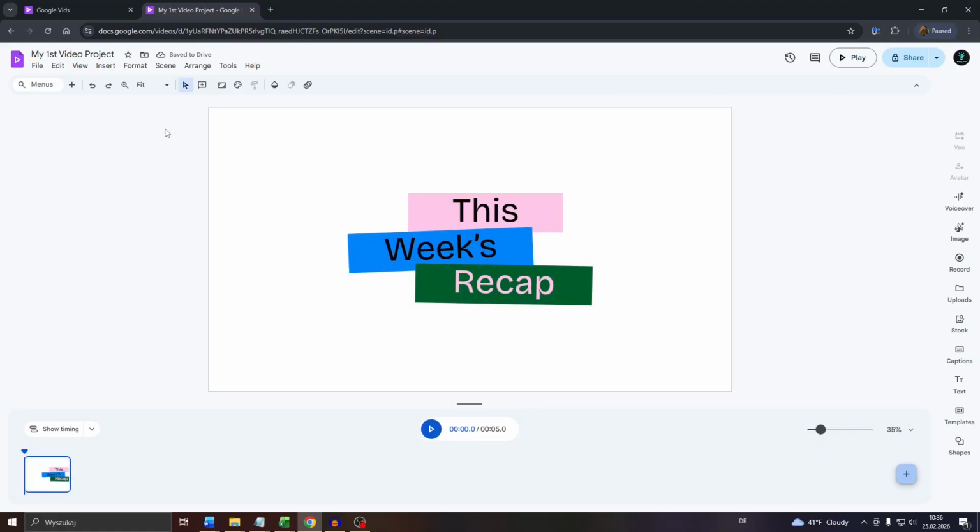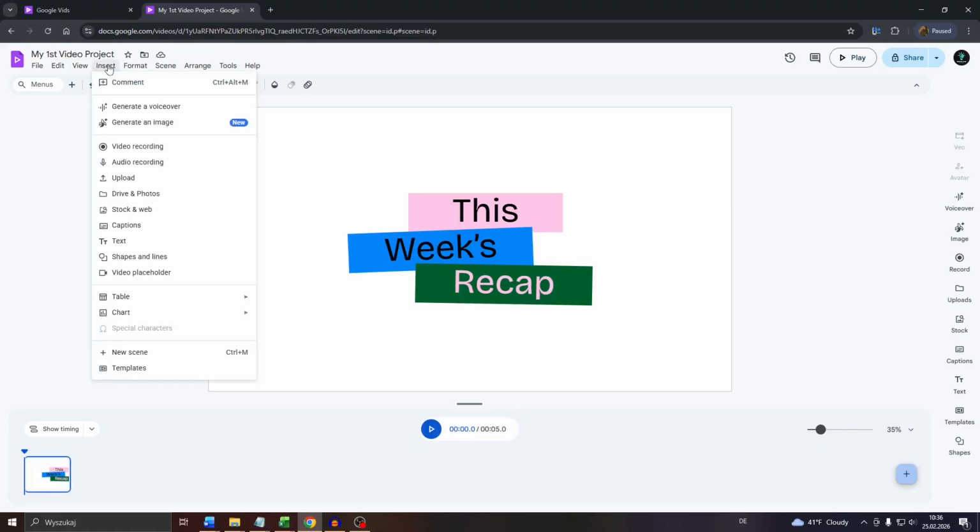and after that to upload or to add a video clip to your video project, select insert here at the top, and you have the following options, guys. You can, for example, record a video with your webcam or a connected device, or you can access your Google Drive and Google Photos account, or upload an image or a video clip in JPEG or MP4 format from your device. So to do that, click upload here,